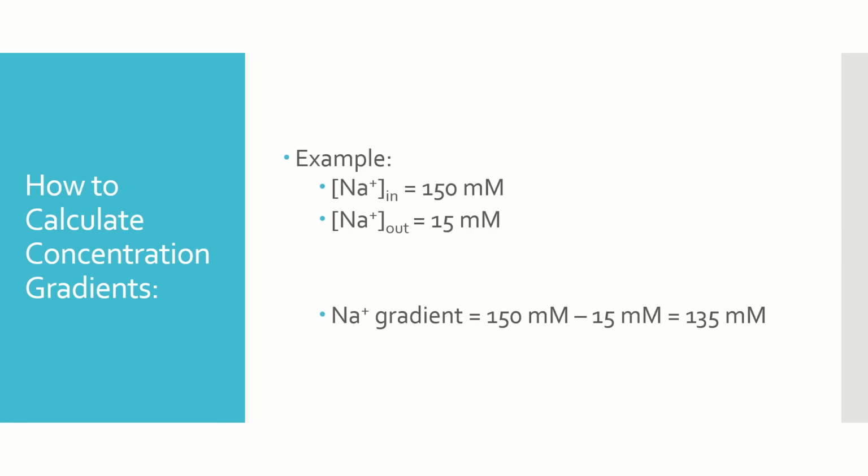So let's do an example here. We start with sodium. So let's take our normal numbers, those kind of averages that we saw earlier. On the inside of the cell, the sodium concentration is about 150 millimolar, and on the outside, it's 15 millimolar. So we know just by thinking about this, if it's going to move from high to low concentration, that it's